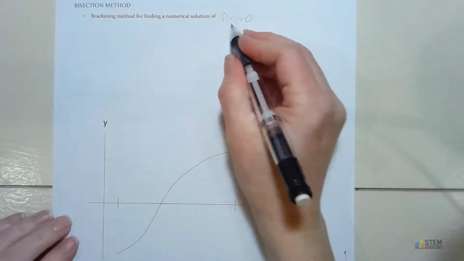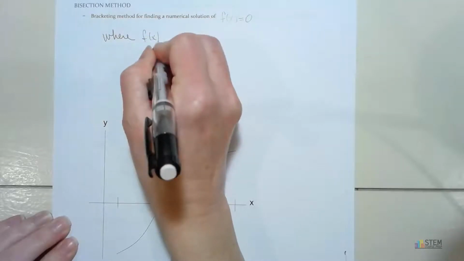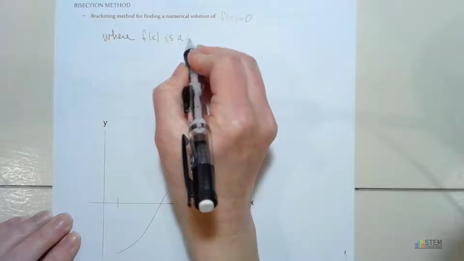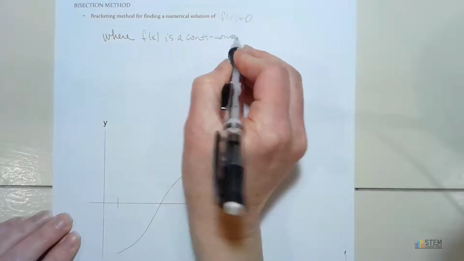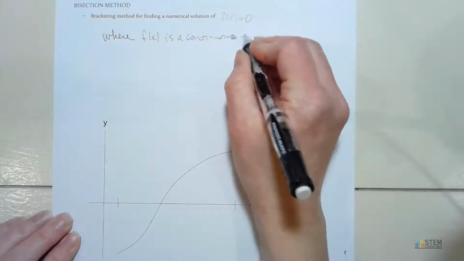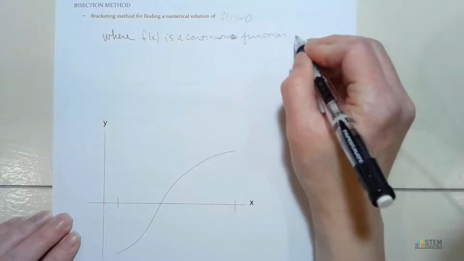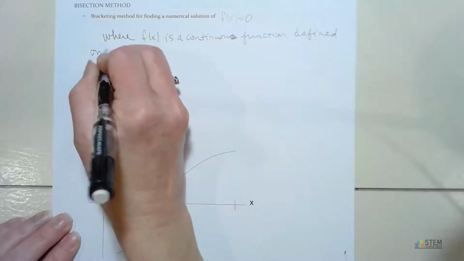Now f of x here is going to be a continuous function. All right, so it's got to be continuous. This is an S here. So it's a continuous function, and it's going to be defined on the interval